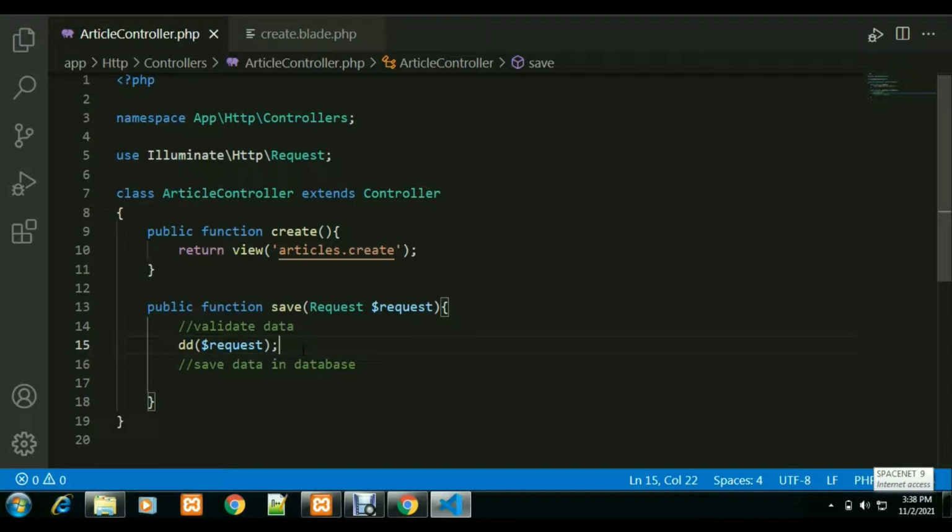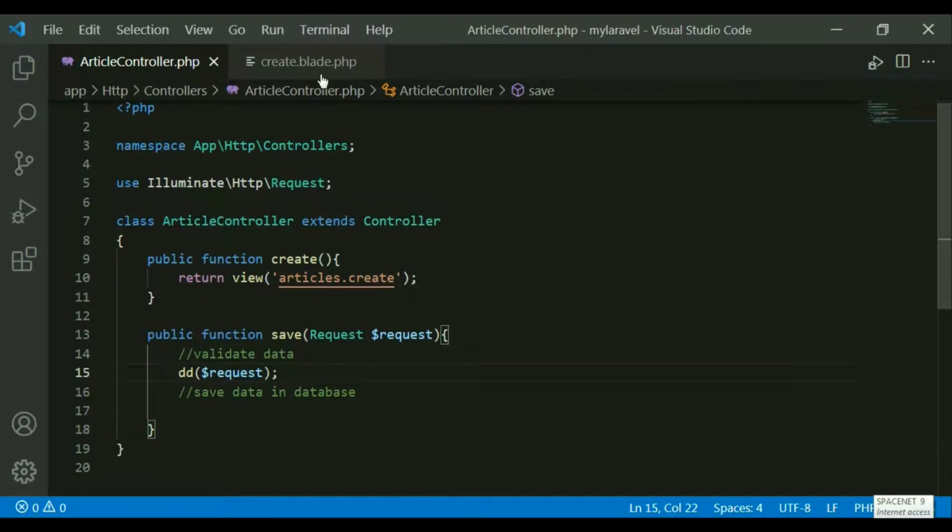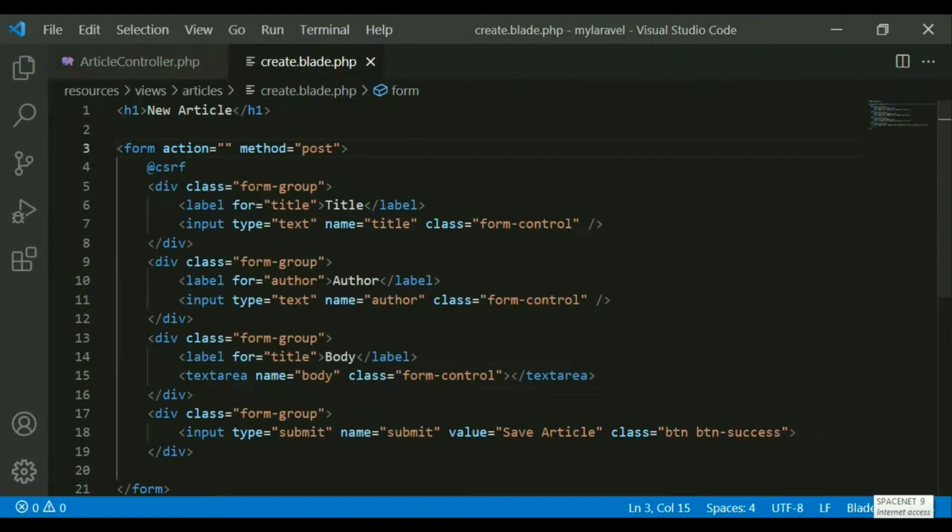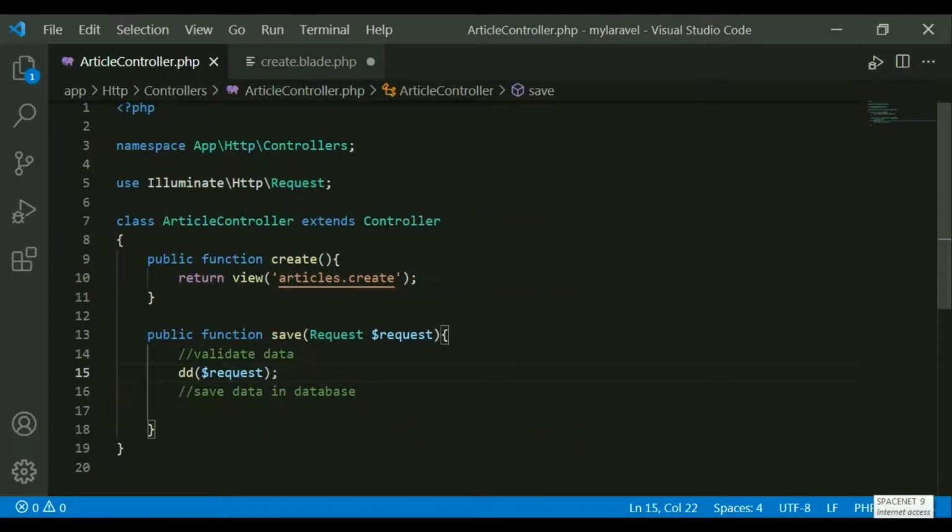So this is how I want to write this code, the validation code, and the save code later on. But the point here is, when I'm submitting, it should call this function. Which function? This function it should call.